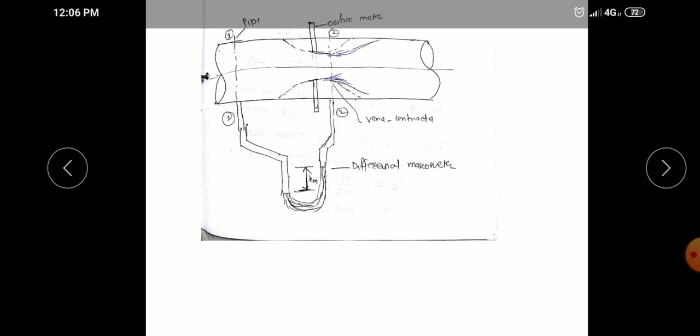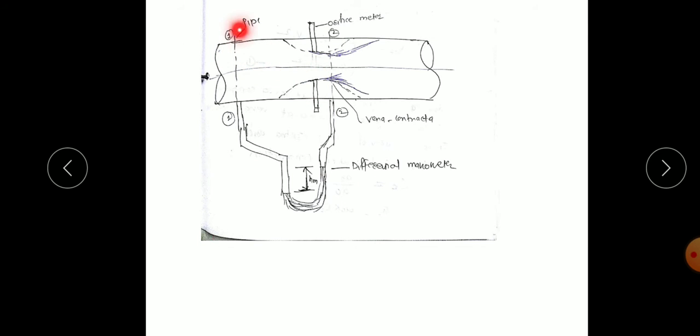So this diagram shows how the flow takes place. At section 1, the pressure and velocity are the same as the fluid flow, but because of this orifice plate, the flow area is reduced and the velocity increases. So some pressure energy is converted into kinetic energy. This loss in pressure, or pressure drop, we can measure using a U-tube manometer, or sometimes piezometers can be